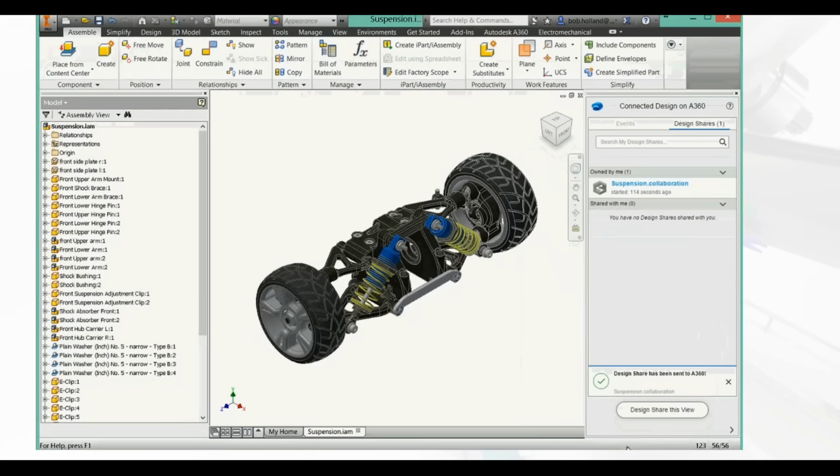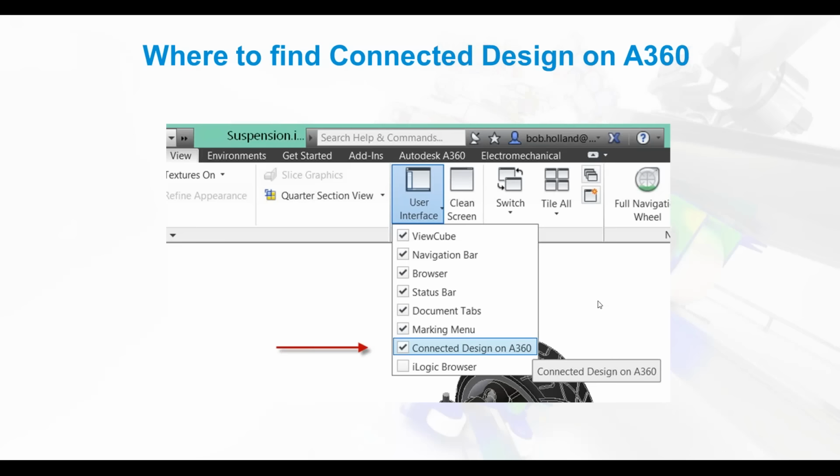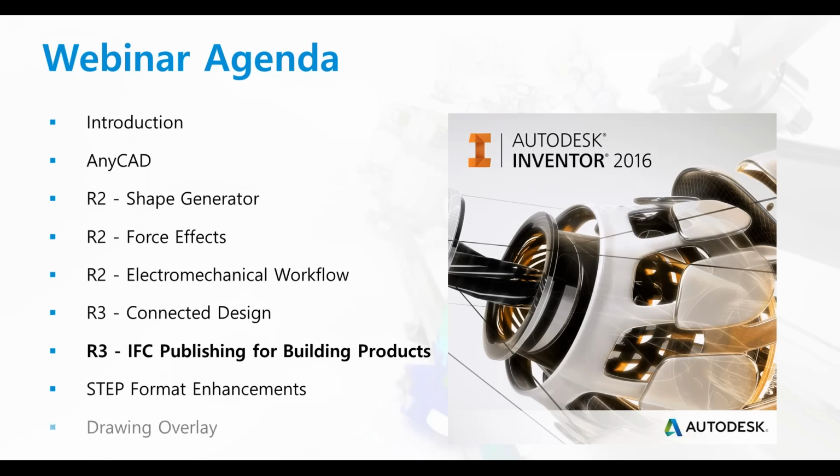Okay, now next thing we're going to go over is you don't see it by default. So when you start Inventor, you're going to see a little icon. When the icon's there, it's going to be a little blue icon in the lower right. If you don't see it, you go to the View tab, User Interface, and you turn it on. So it's the same place if your browser were to ever go up missing, same spot. Okay, so what we're going to do now is